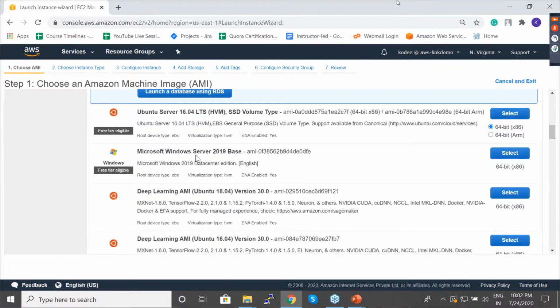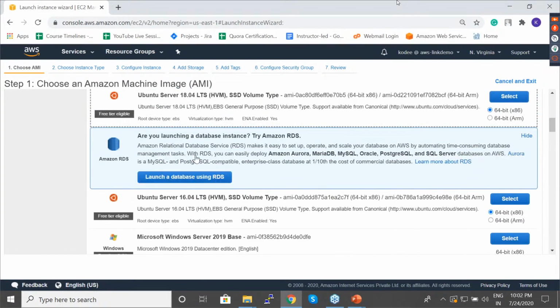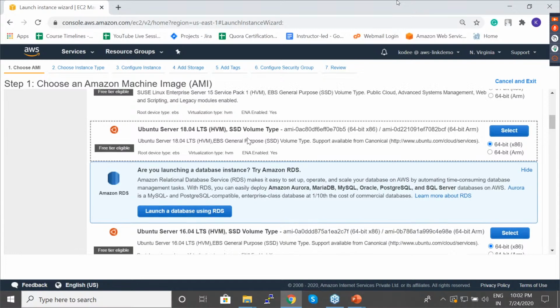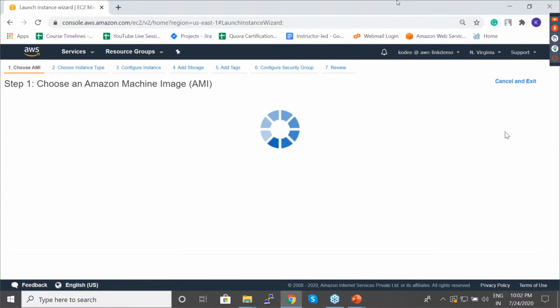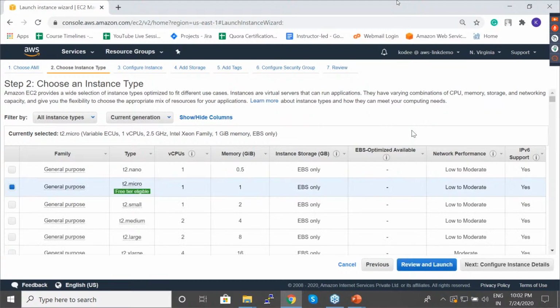So basically, whichever Amazon Machine Image you choose will be directly proportional to the operating system you get when your server is completely up and running. So that you will see. Right now I'm choosing Ubuntu server. So once I finish and launch an instance, you will be able to see a complete Ubuntu instance running and we'll be able to access that. Okay, so I'm going to choose free tier eligible.